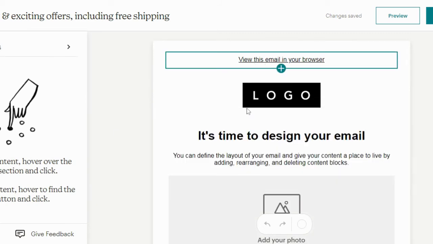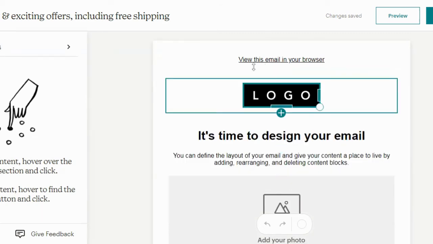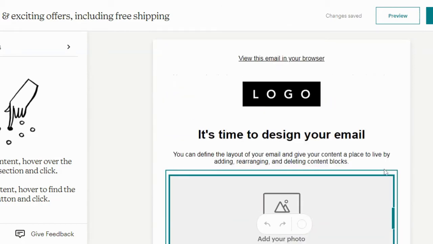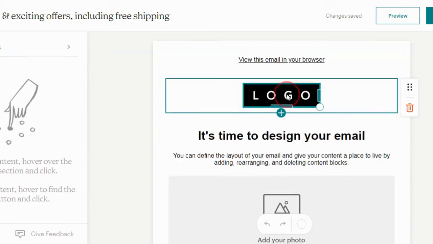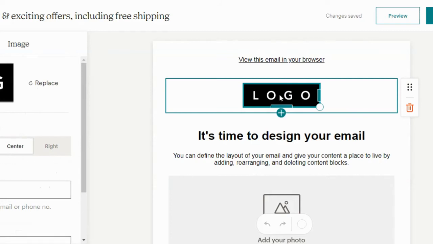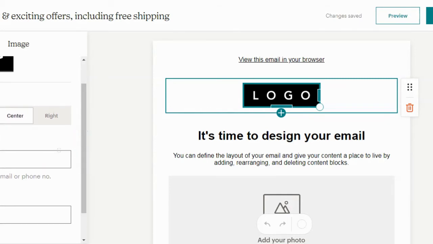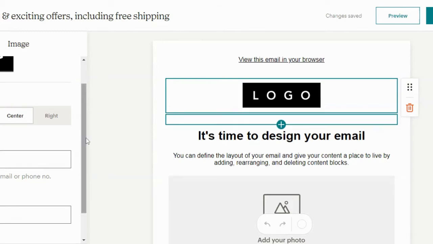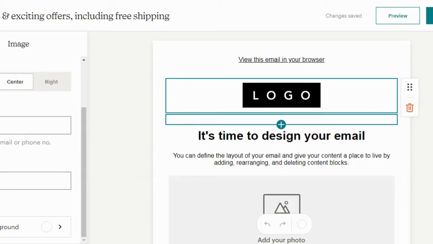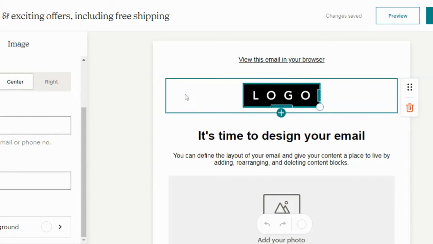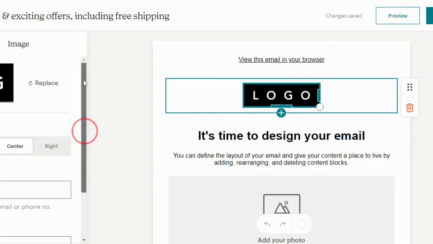All right, here we go. These are some basic boxes that it has included for us already. So let's customize them. Now this is just a reference image. This section gives you the options to make changes to it. So here you can choose to align it. I choose the center alignment. You can add a link, maybe a link to your website, alt text, as well as change the color of this block. Right now it's white. You can change it to whichever color you want.